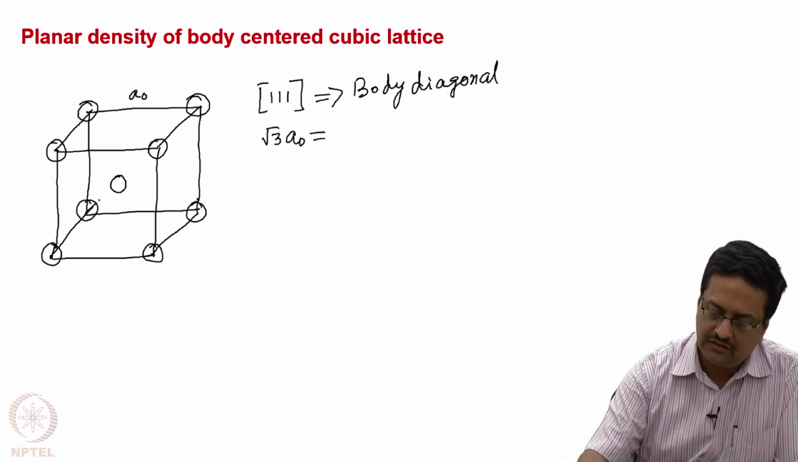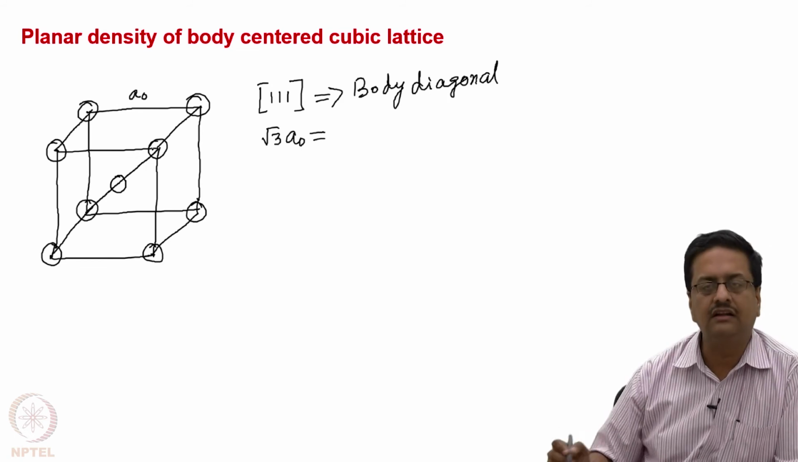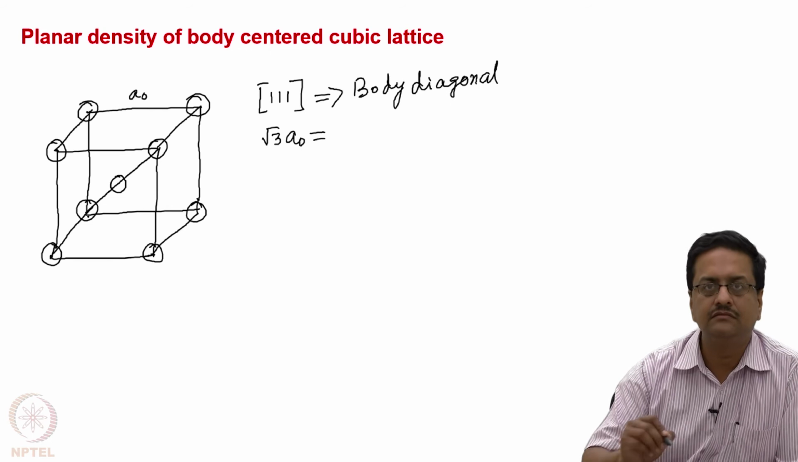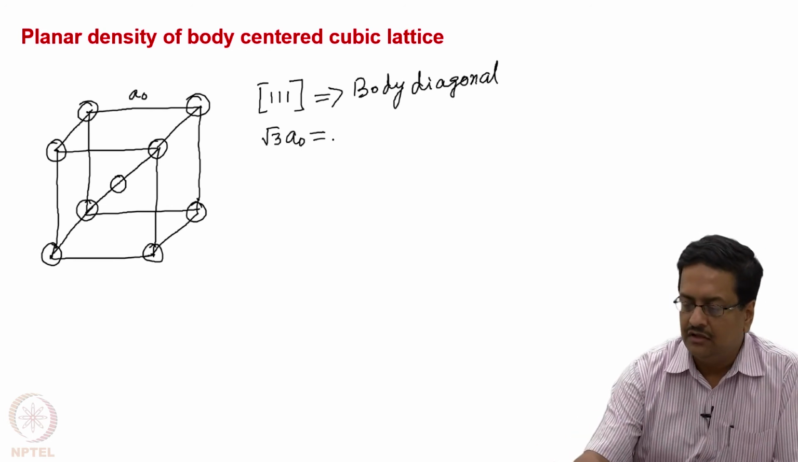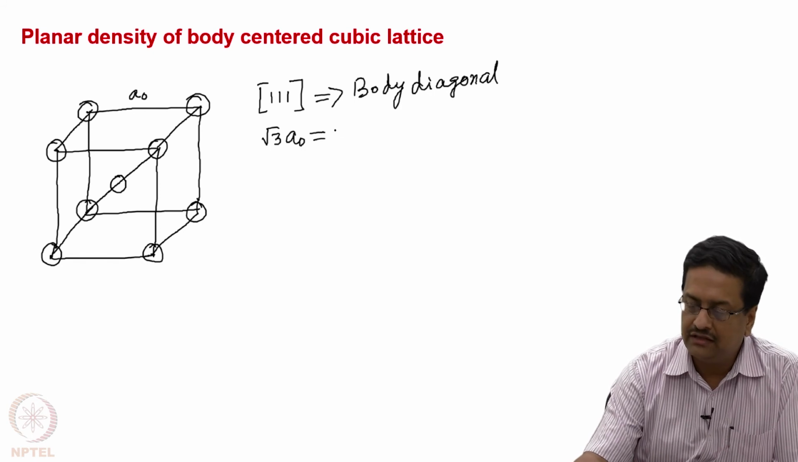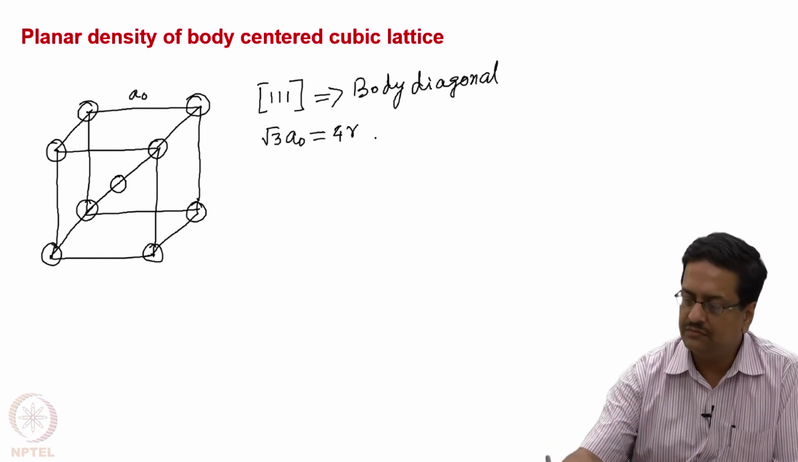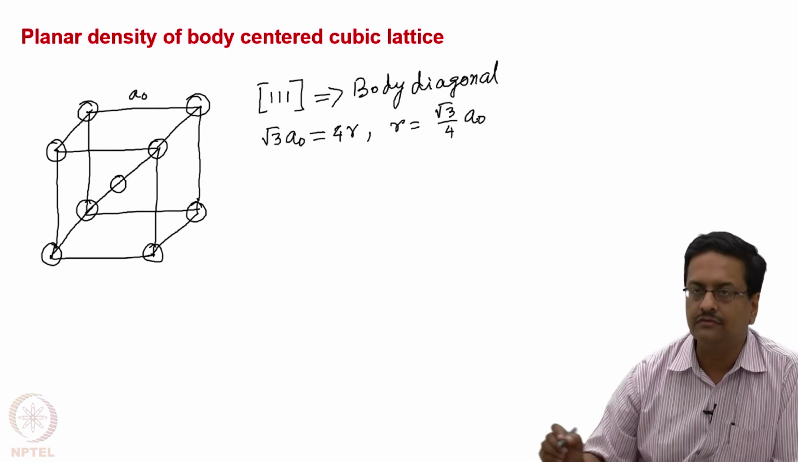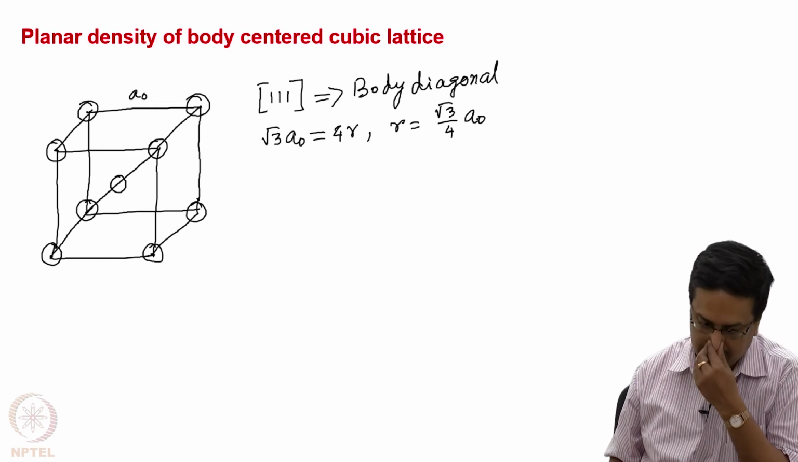When we connect corner to corner, we pass through 2 atoms, so the diameter of 2 atoms is incorporated here. The length in terms of atomic radius is 4r, which means r equals root 3 by 4 a0. So now, with this in mind,